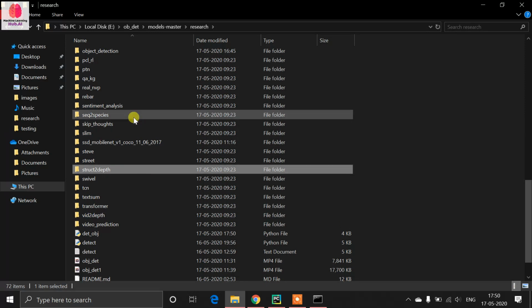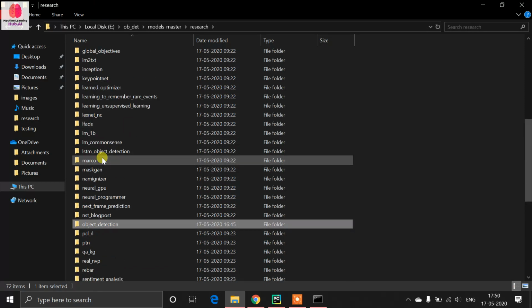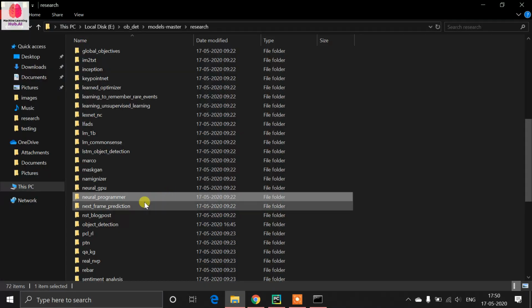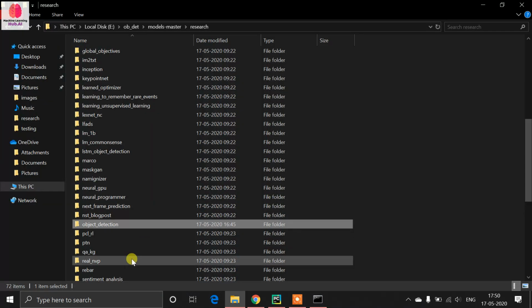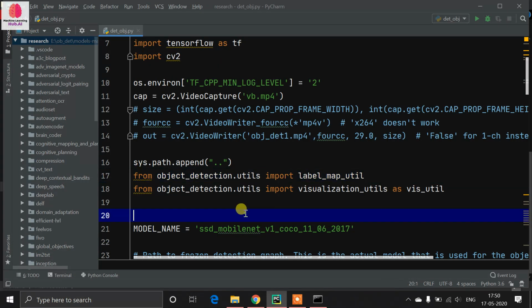It is importing this object detection folder. This code is importing this object detection folder. That's why we have written from object detection.utils. Now what is utils? Utils is not a module. Utils is a subfolder of object detection. You can see this.